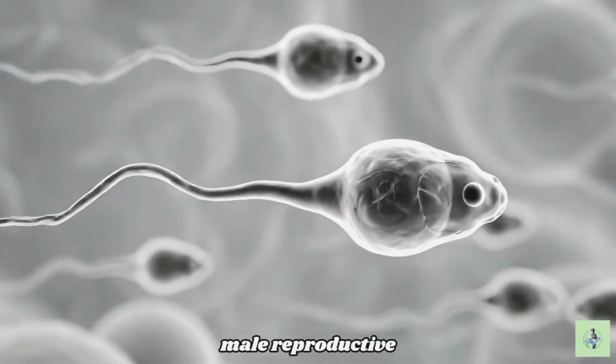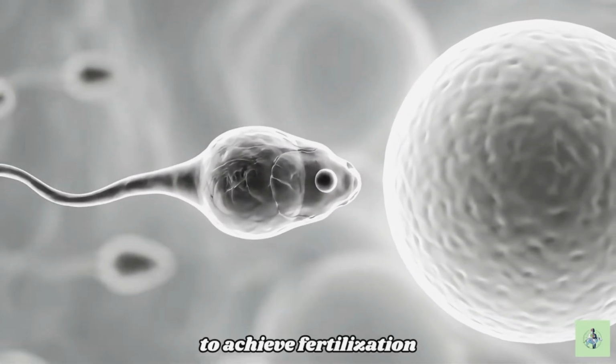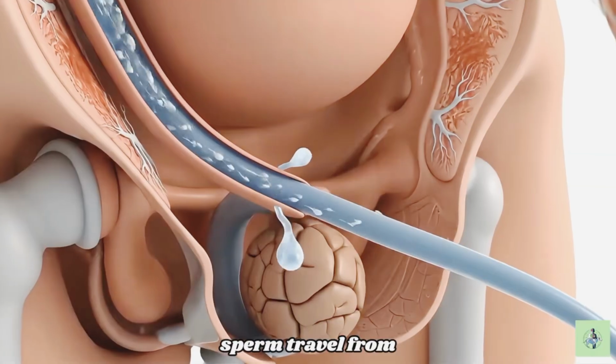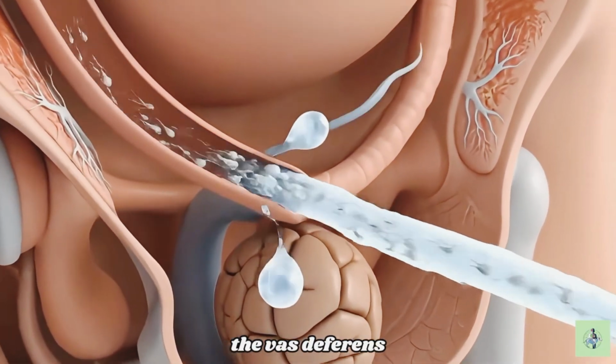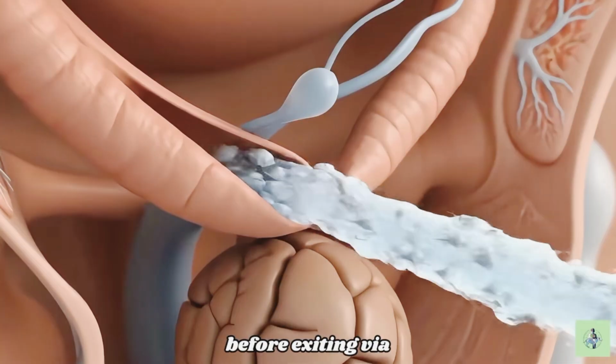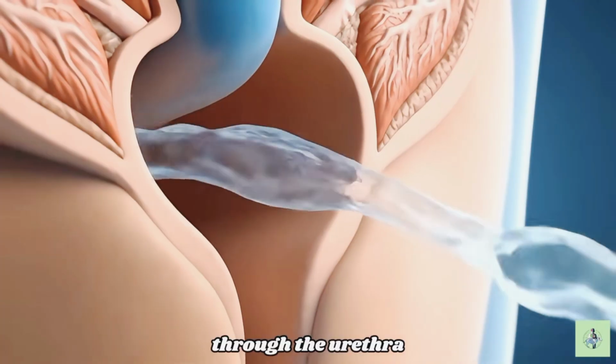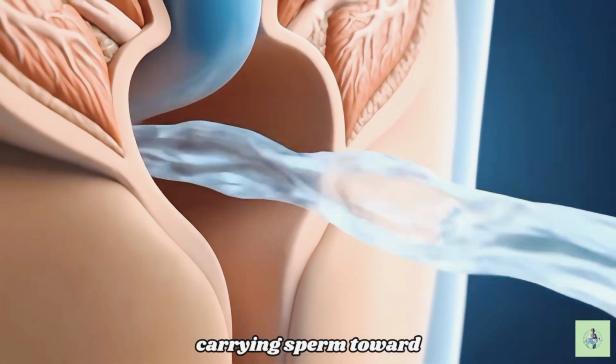Sperm are the male reproductive cells that carry genetic material and swim toward the egg to achieve fertilization. Sperm travel from the epididymis through the vas deferens, mixing with fluids from the seminal vesicles and prostate before exiting via the urethra. During ejaculation, semen is propelled through the urethra and out of the penis, carrying sperm toward the